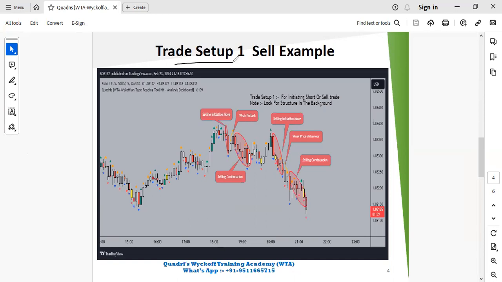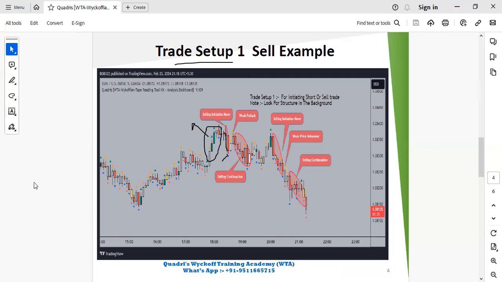This is trade setup one. Trade setup one means if there is a cessation of demand, like this is a selling situation, and then we see price coming down with supply greater than demand,